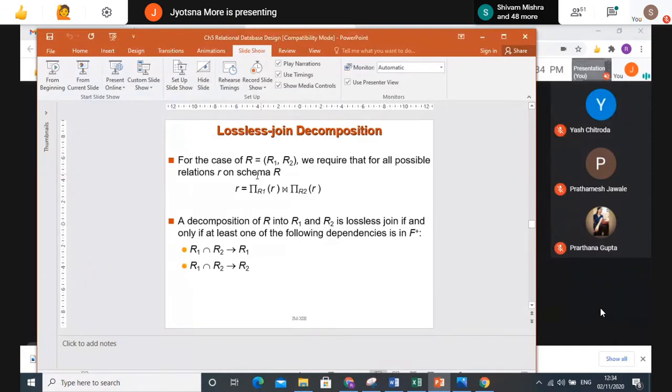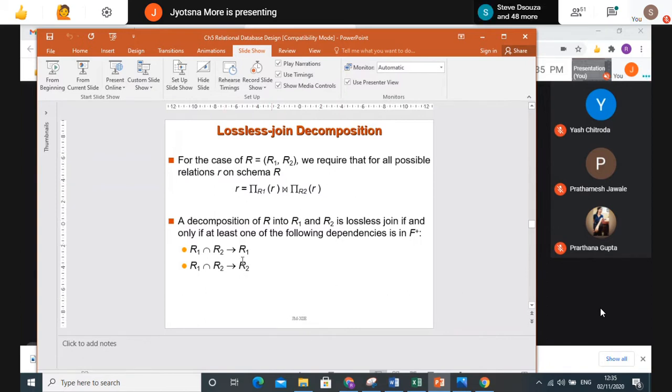Suppose we have the set R divided into two relational schemas, two parts. From that, if you are finding relation R from the schema, you should get the projection of complete R1 for this R, joined with the projection of complete R2 for this R. Okay, forget about this. For the theory part, you have to write this. How to find out what the lossless join decomposition is? Actually, how you will find it out with the functional dependency. For that, you remember this.